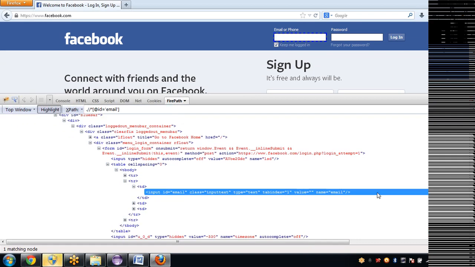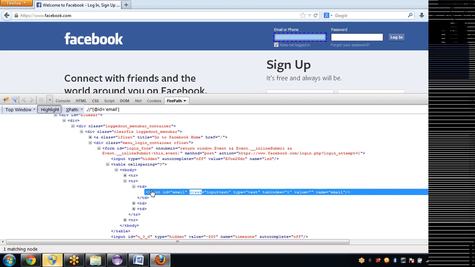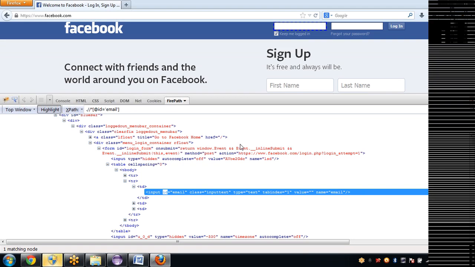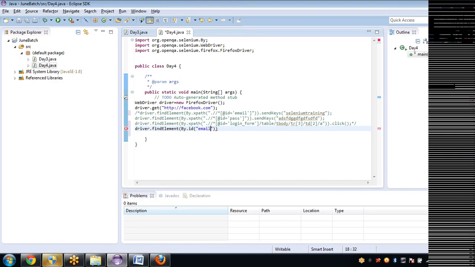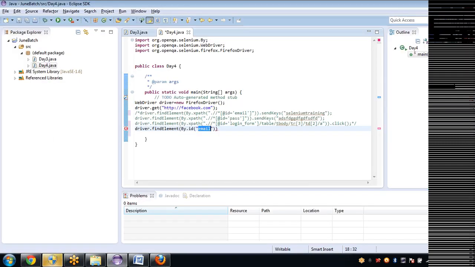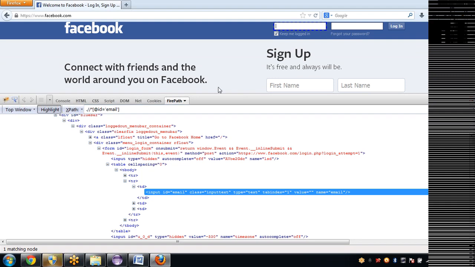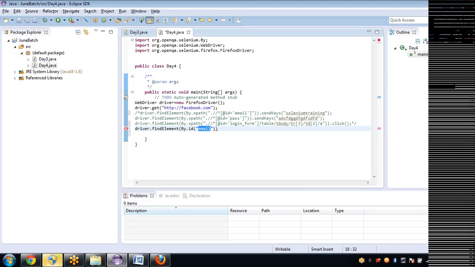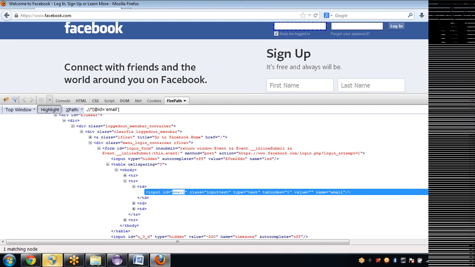Come to the HTML properties of that box which are highlighted in blue and check for the ID property: name, value, tab index, text, class, ID. This is a property. So what is the value for that ID? Email, right? ID equals email. So take this email and go back to your code and write it here. That's all. Now we are telling it to just find the element in the page which has this email ID. So this box has ID as email, so it will get identified and the mouse will go here.